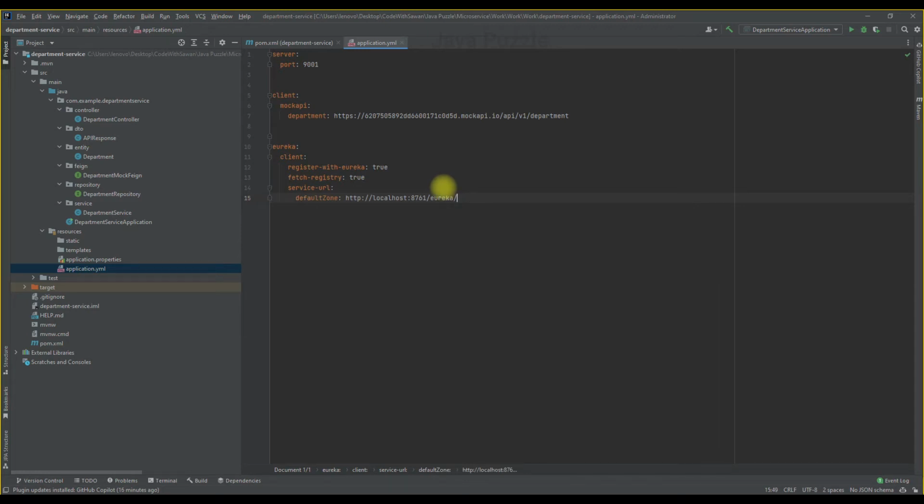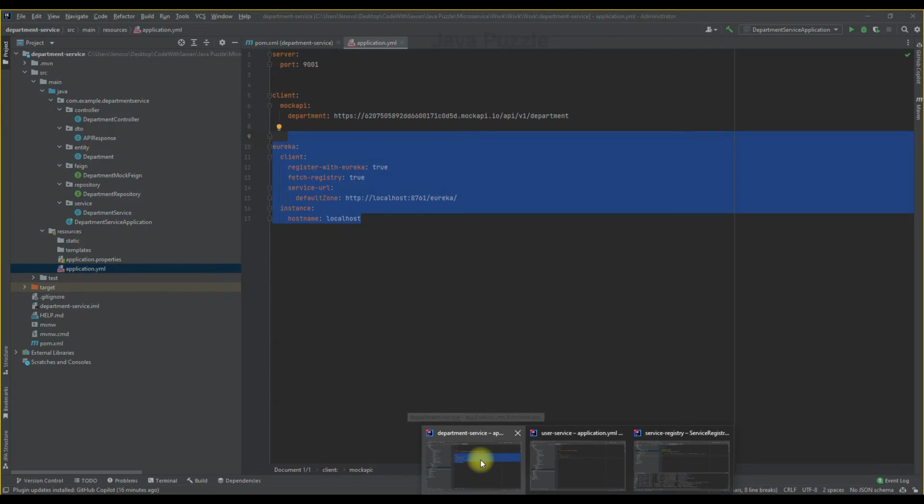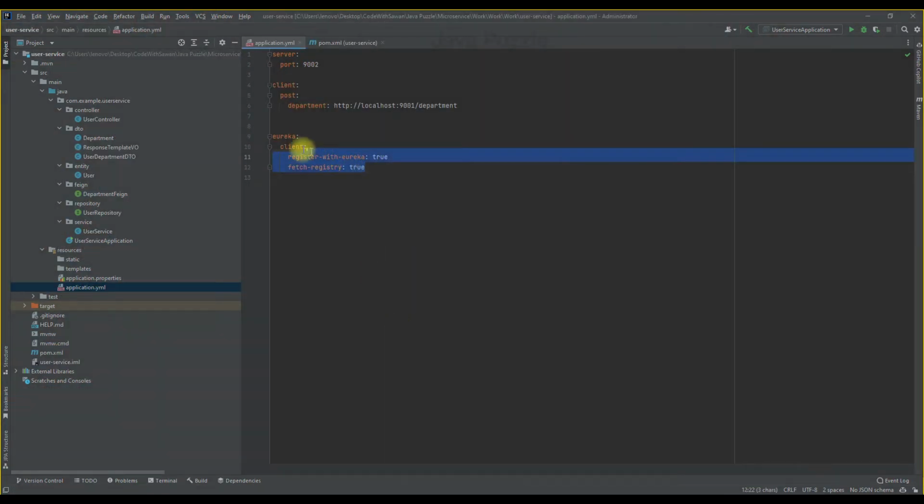And after that, eureka instance hostname, and here we have to provide the host name. Currently our host name is localhost. When we move to prod or any other environment, then we have to pass the host name here. So currently we are using localhost. Just copy the whole thing and paste it in the department also. We are already in the department, so come and paste it in the user also.